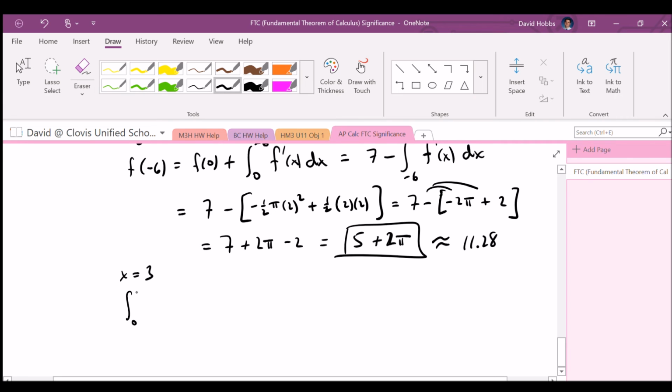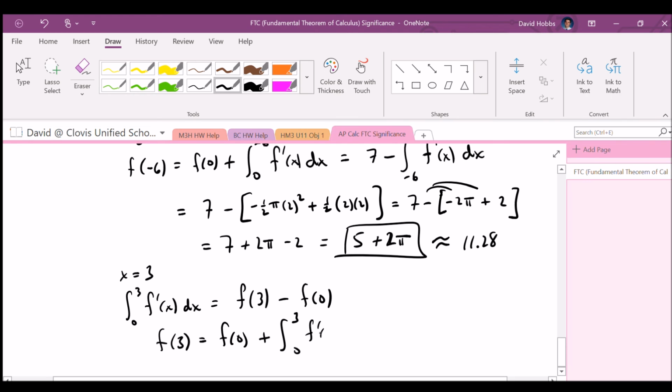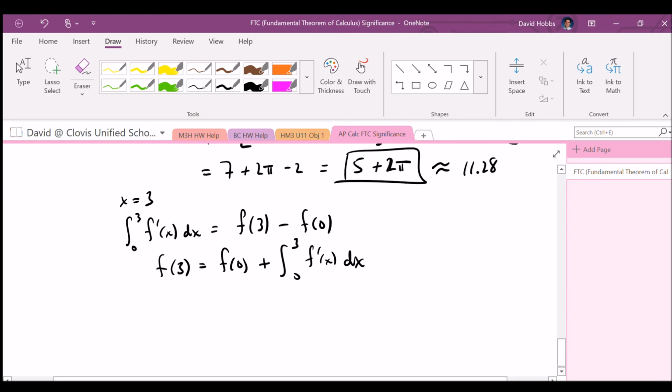I'm going to go ahead and go from 0 to 3. The integral of f prime of x dx is equal to f of 3 minus f of 0. So f of 3 is f of 0 plus the definite integral from 0 to 3 of f prime of x dx,